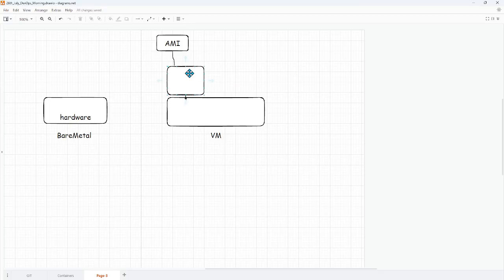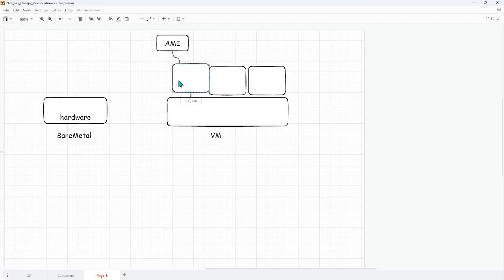That is one. And on the same hardware, there could be multiple EC2 instances, and each one comes with its own AMI. But this EC2 instance belongs to customer 1, this belongs to customer 2, this belongs to customer 3. That is quite highly possible, and that is what happens. We don't know which hardware my VM is running on, which hardware your VM is running on, but we get access to it. What operating system, how to patch, how to back up, what application to run, that is your choice. You have to manage it.